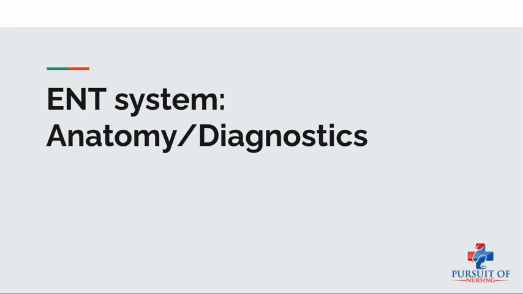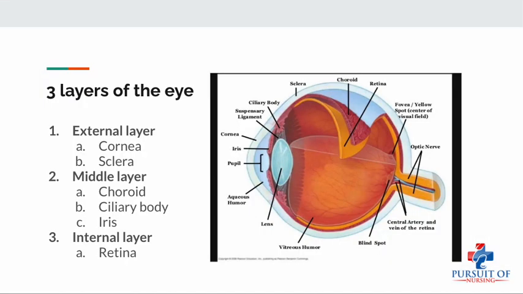Talk about the ENT system and some anatomy and diagnostics within the eyes and the ears. All right, so 3 layers of the eye. You have your external layer, your middle layer, and your internal layer. So your external layer is going to have your cornea and your sclera. So the cornea is the transparent outer layer of the eye, and then the sclera is the white of the